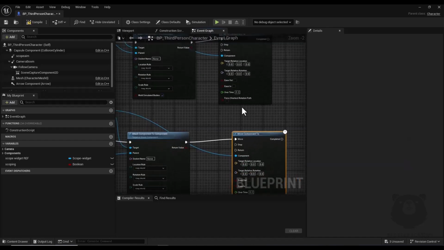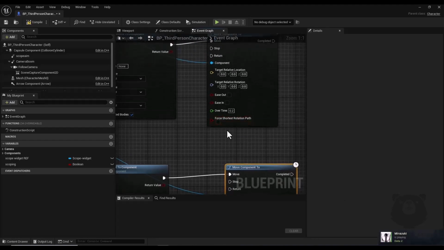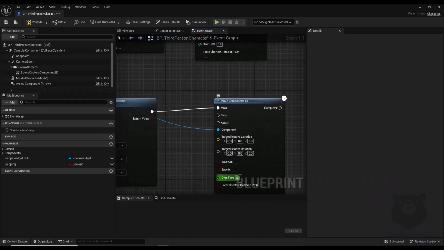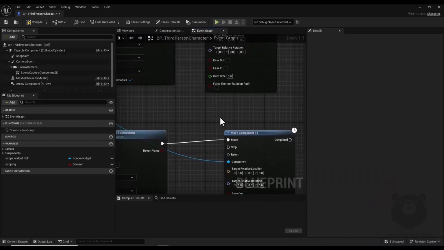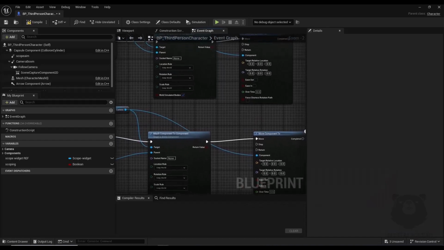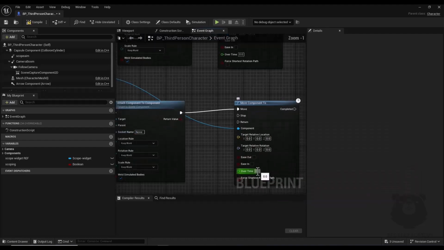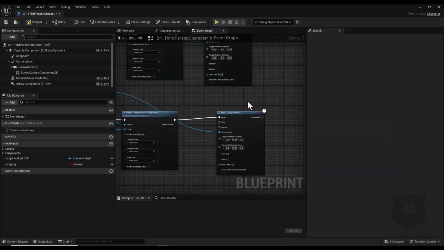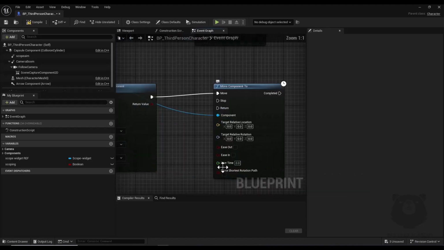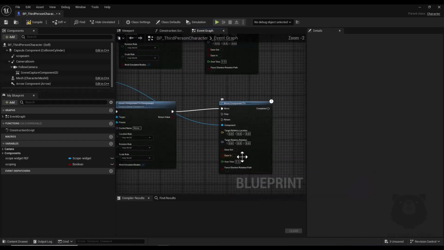And here I prefer to set this over time input to 0, because I want this change to be instant, not in a time. And with the animation I prefer it to be a snapping like, not with animation. But if you want, you can add some input to this over time input. Alright,